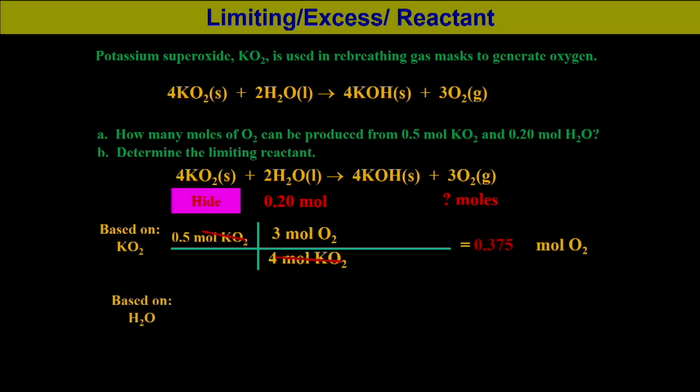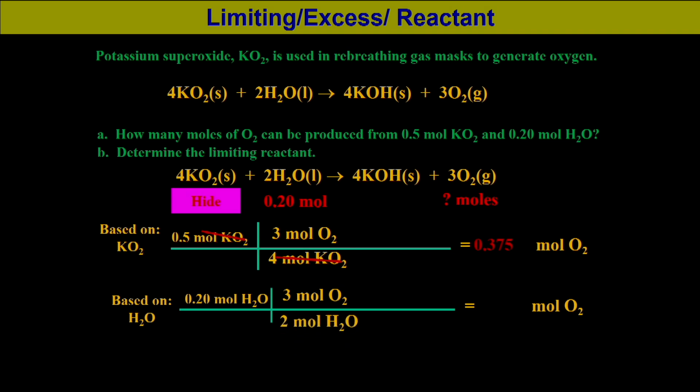So, if we consider the basis as water, then we can see that 0.2 mole of water is given initially, and then as per the stoichiometry 2 mole of water forms 3 mole of oxygen. So, 3 mole of oxygen is produced from 2 mole of water. So, mole water and mole water will cancel out, and you will obtain